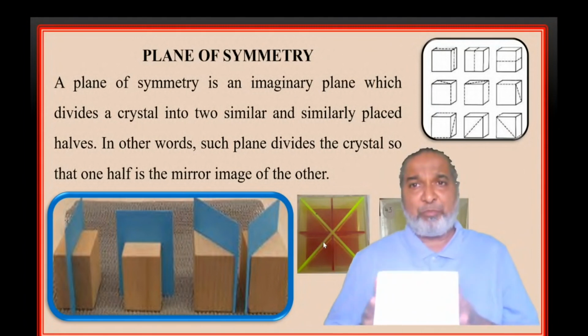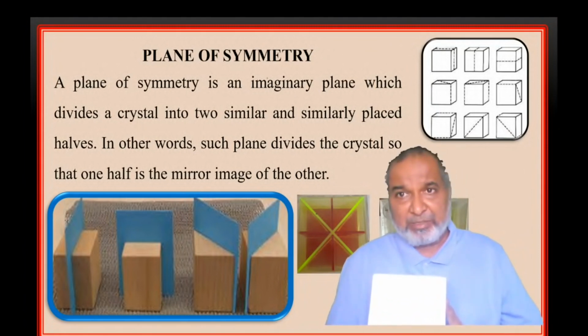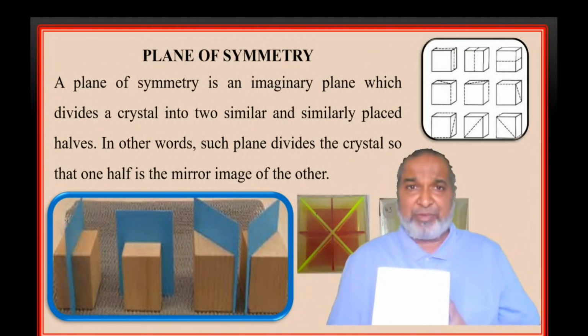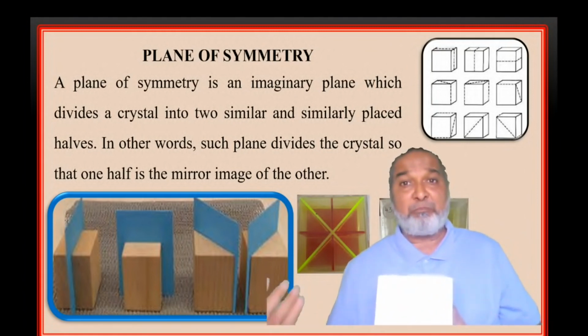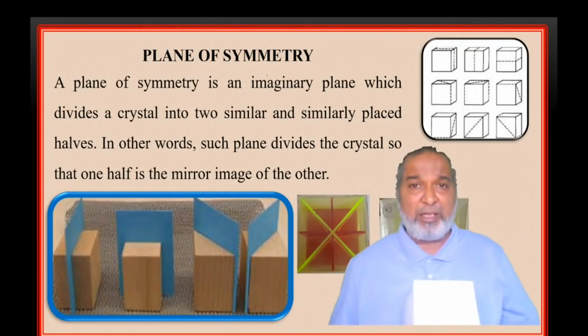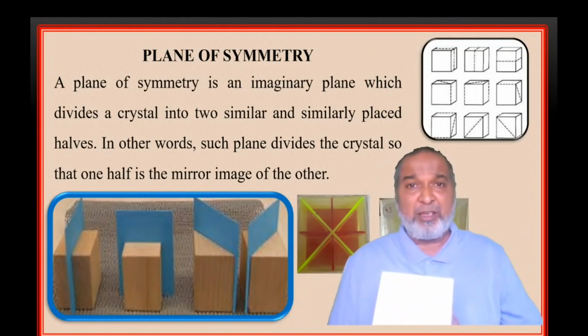So I have brought this model of a cube, where we have the maximum planes. Why does it have the maximum planes? Because in this system there are three crystallographic axes, A, B, and C. All three axes are equal, so they are denoted as A1, A2, A3. A becomes A1, B becomes A2, and C becomes A3. A1, A2, A3 are all perpendicular, so they are interchangeable. A1 can become A2, A2 can become A3; any one you can interchange. That's why we have the maximum planes in the case of the cubic system, Galena.